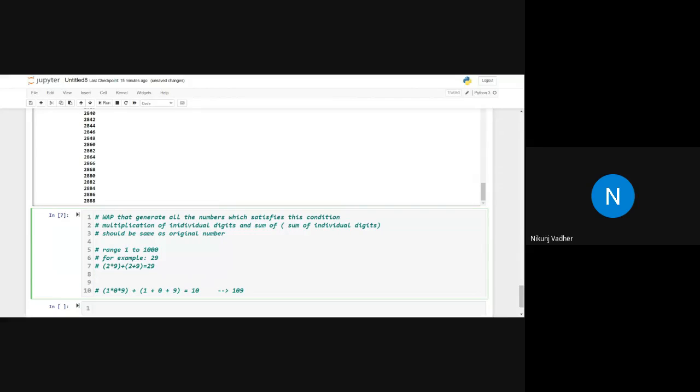Here what is happening? 2 into 9, 18 plus 11 equals to 29, which is the original number. Clear? All of you clear with the definition now?